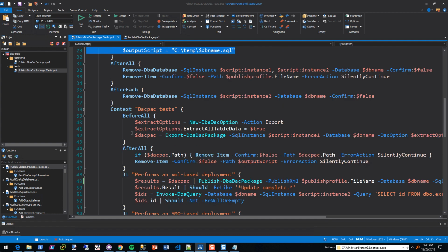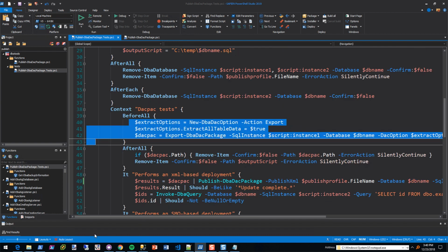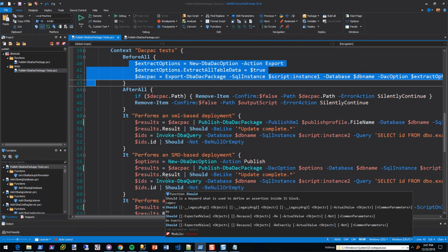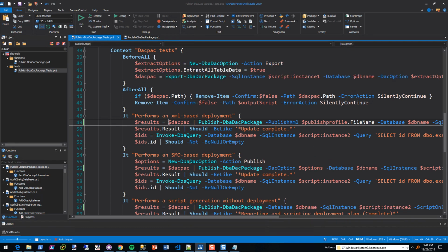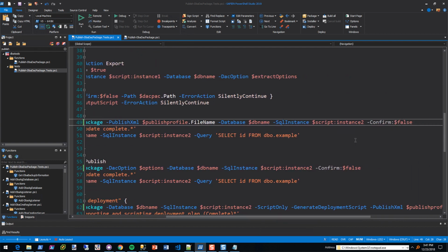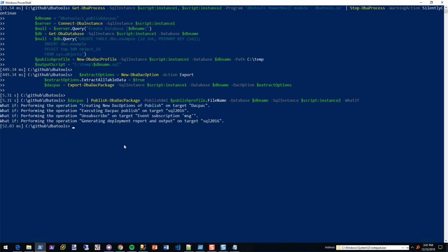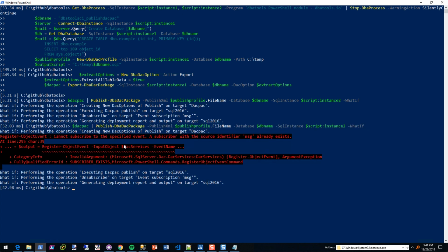So I did the before all there. I'm going to do this before all. While that's running, I'm going to go and do this, and I have to remember again, type dash what if at the end. Once that's done, I do want to do a combination to see if I can break it again. Wow.